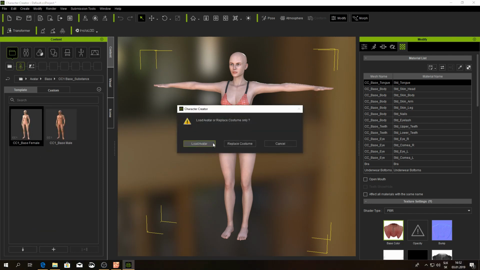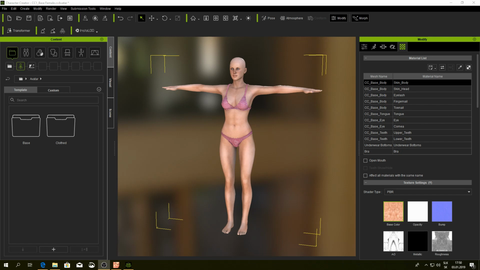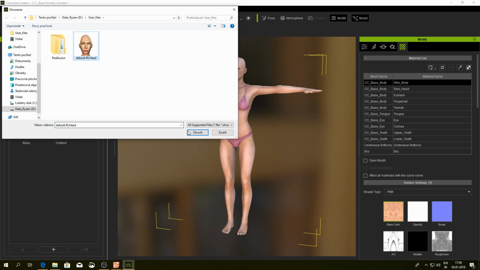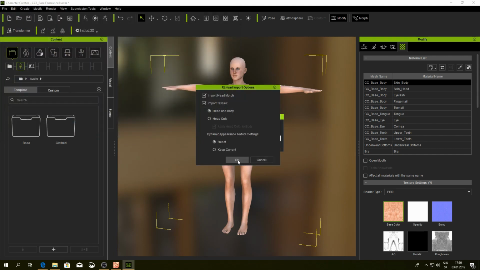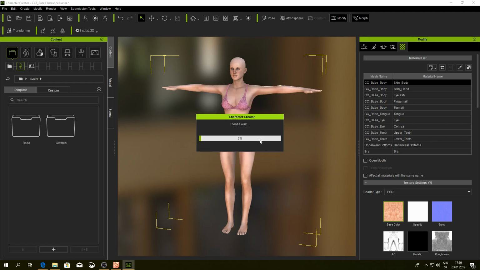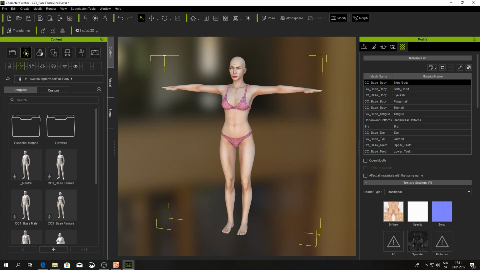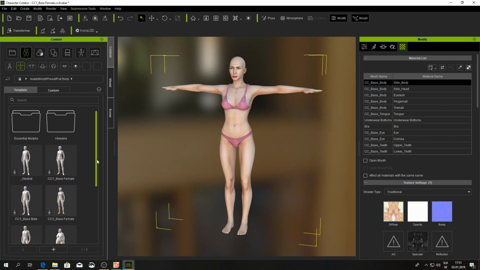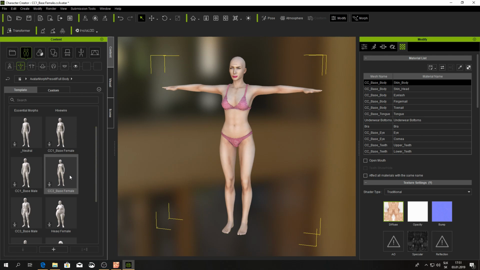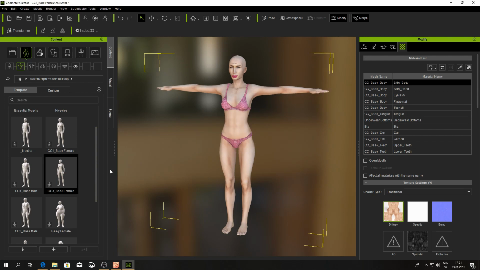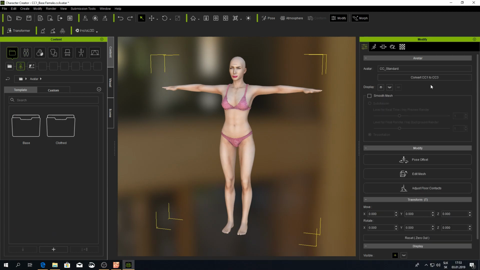First, we need to convert the CC3 body to CC1 and then import the RL head we made in CrazyTalk 8. After importing the head, we will convert the CC1 body back to the CC3 version for better editing.